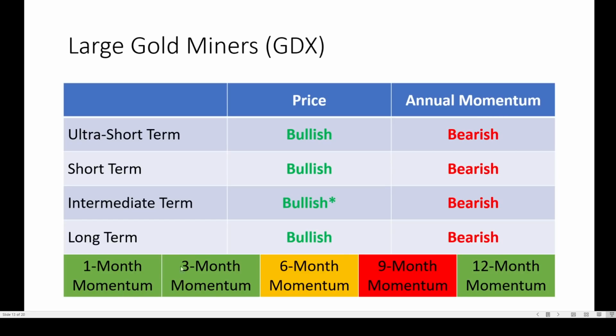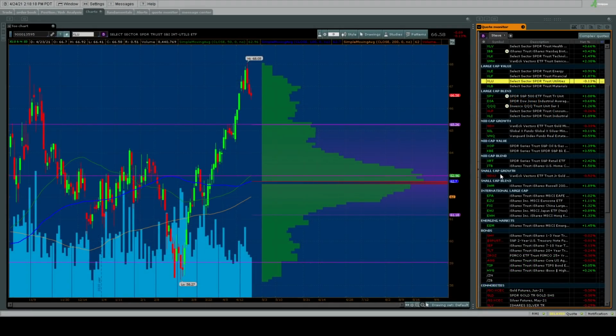But look down here at the bottom. 1 and 3 month are green. That means they're positive and rising. That is good. 6 month, I'd really like to see turn green. It is negative and rising. The 9 month can go all over the board, so it's negative and falling. But the 12 month is positive and rising. So you see that there are a lot of good signs here that say, okay, perhaps that was the bottom